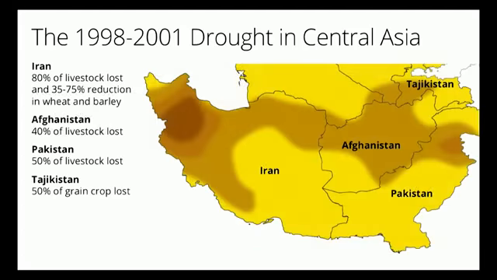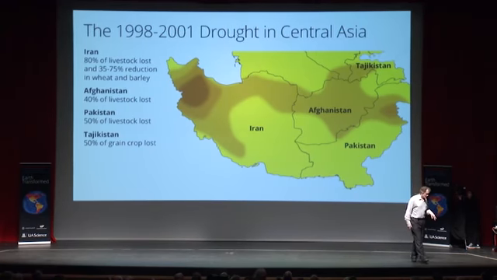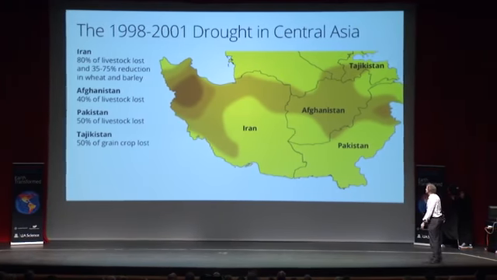And if you look at what happens there, in Iran, 80% of the livestock was lost and there was a 30 to 75% reduction in wheat and barley. In Afghanistan, again, you're talking about 50% of livestock lost. This is a part of the world where agriculture doesn't go out, bale a block of hay, put it in the barn, and feed the cow. This is a place where they're just grazing, and if you have less rainfall, you have less healthy grazing areas, and so livestock die. And livestock are really important for income, food, and wealth in this area.